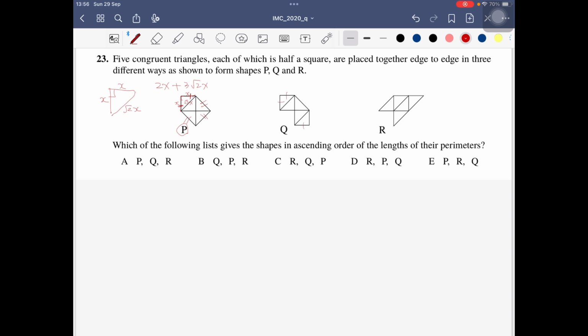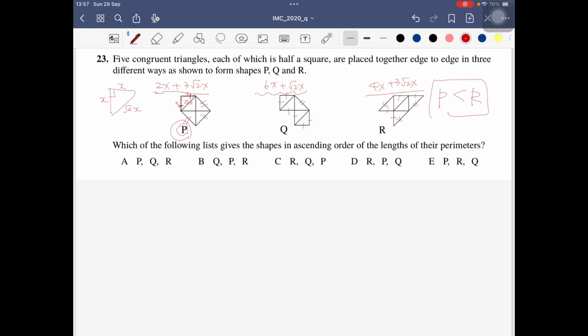Q: 1, 2, 3, 4, 5, 6, so 6x plus 1 square root of 2x. Okay, for R: 1, 2, 3, oh no, 3 square root of 2x plus 1, 2, 3, 4, 4x. If we compare only this and this, we can figure it out. P is smaller than R, so R has a larger perimeter than P. And this one, 6x,